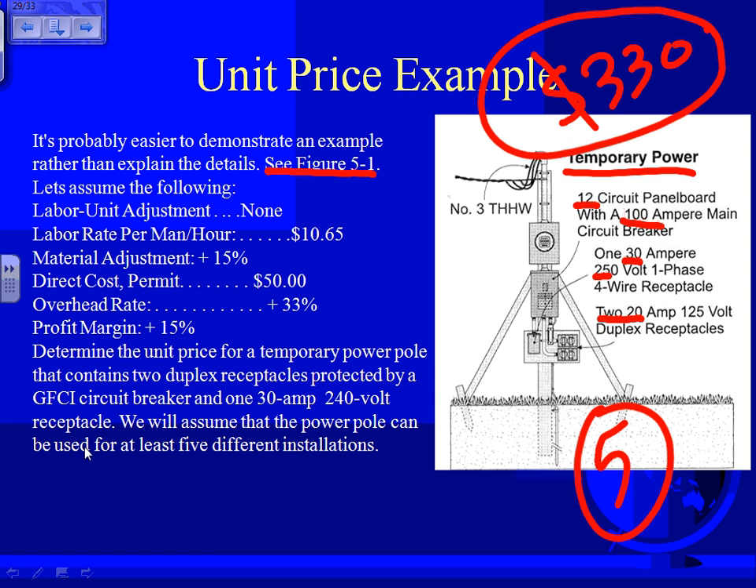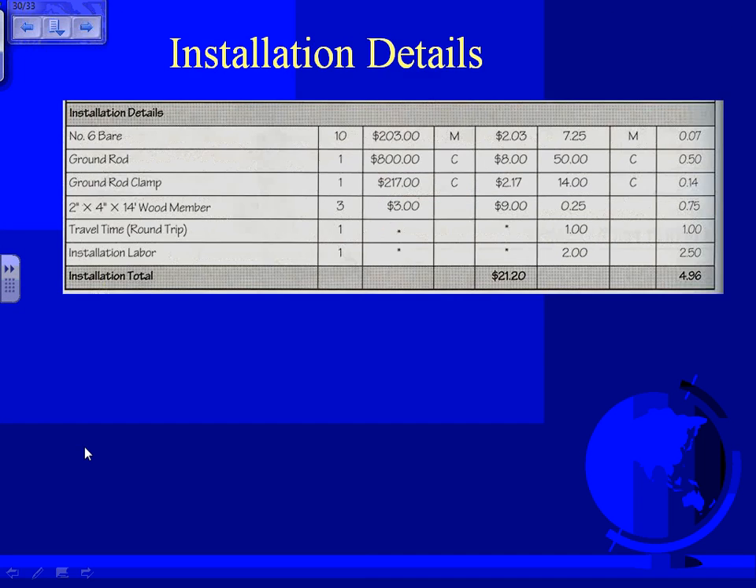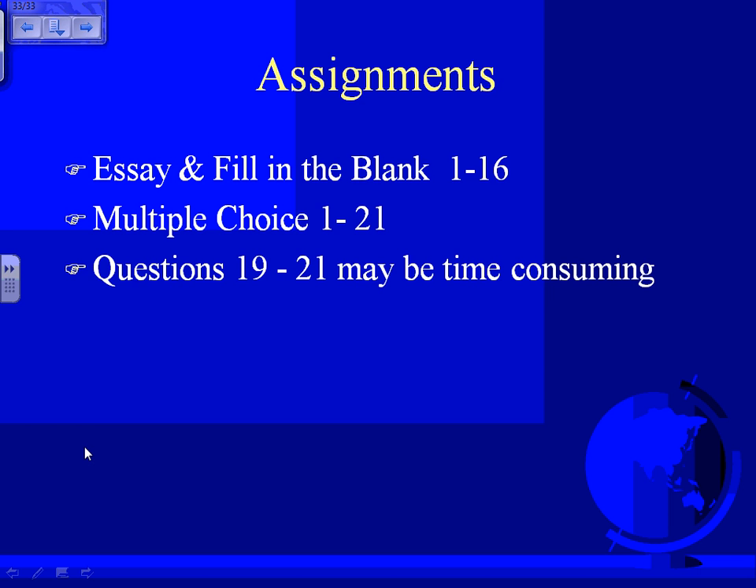So every time I have a job, I throw $330. That includes overhead, profit, material that will be installed and used 5 times, as well as material that's going to be installed every time. Any questions, guys? That's what they call it, unit price. Similar to the unit price